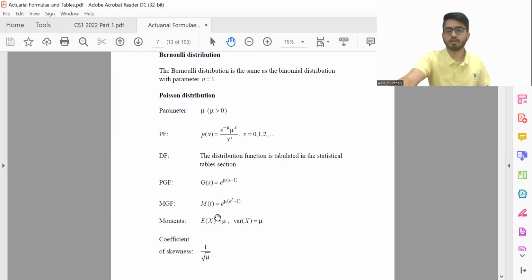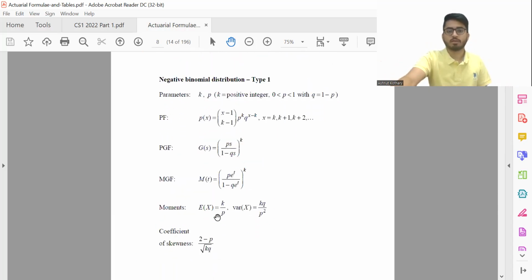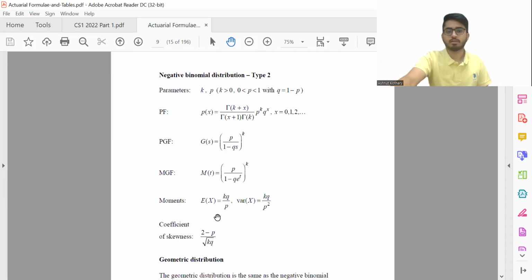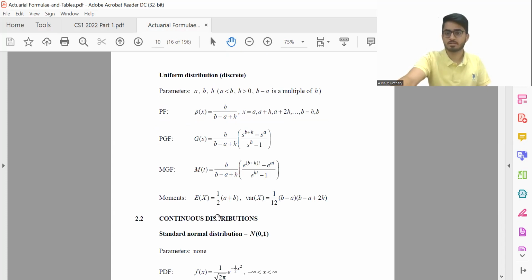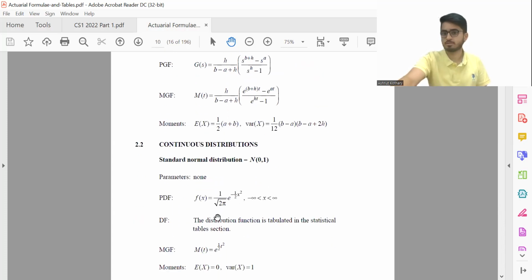Then we have Bernoulli, Poisson, negative binomial type 1, negative binomial type 2, and geometric they have mentioned. These are nothing but special cases of negative binomial where k takes the value 1. Then we have uniform discrete. So we have covered all the distributions. Now, apart from this,